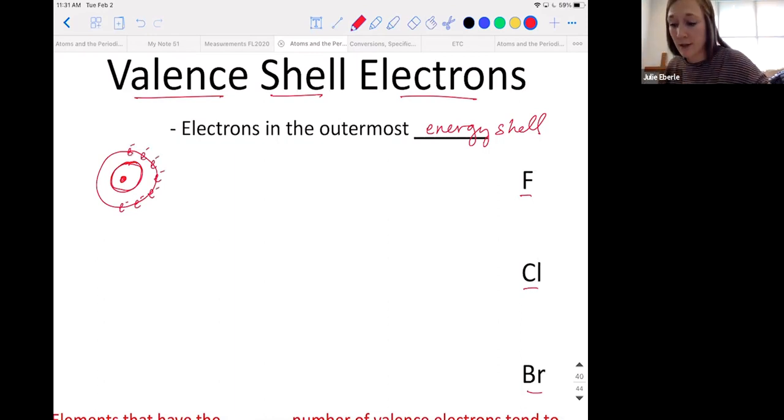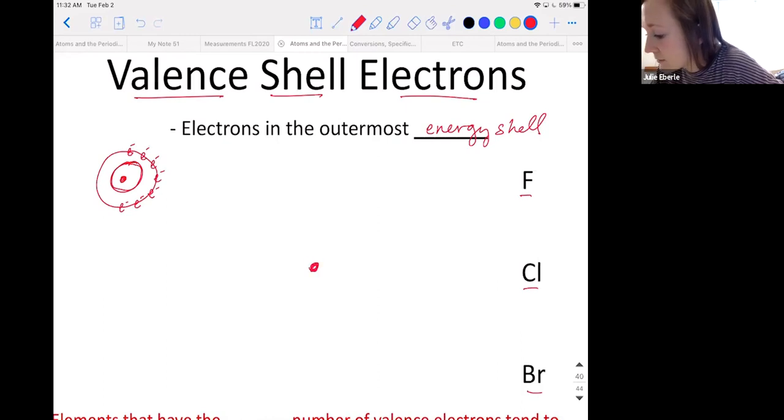All right, so there's fluorine. Now, yes, there are electrons on that first inner circle in fluorine, but we're not talking about those electrons. We're really just focusing on valence right now, okay? But don't think that that's all the electrons in fluorine. Those are just all the valence electrons, the outermost.